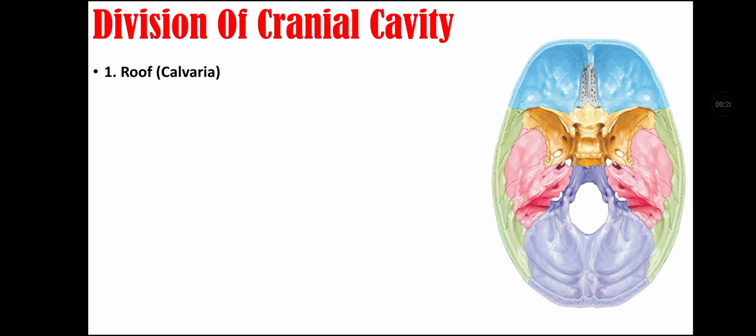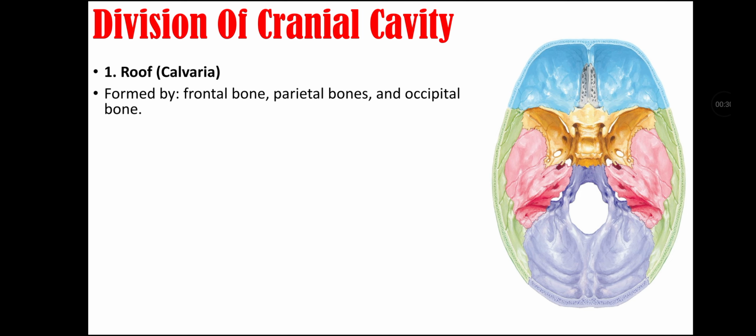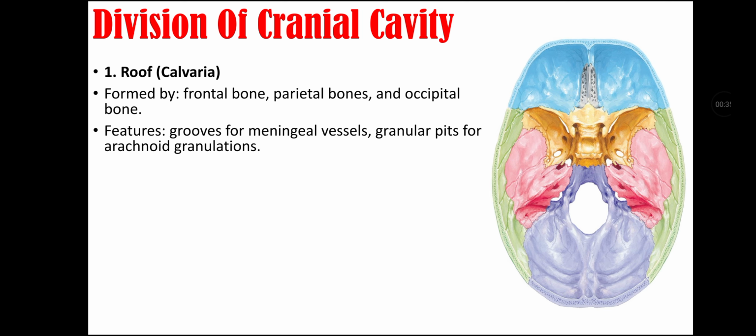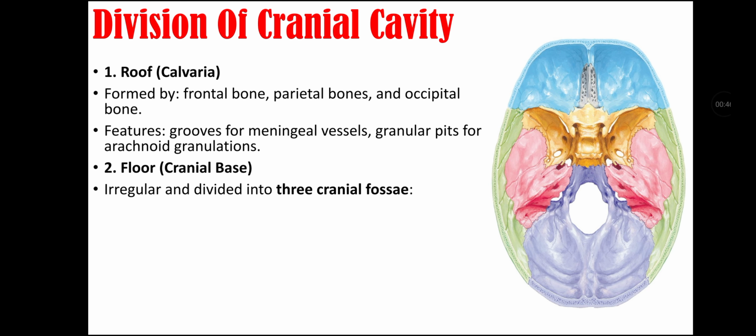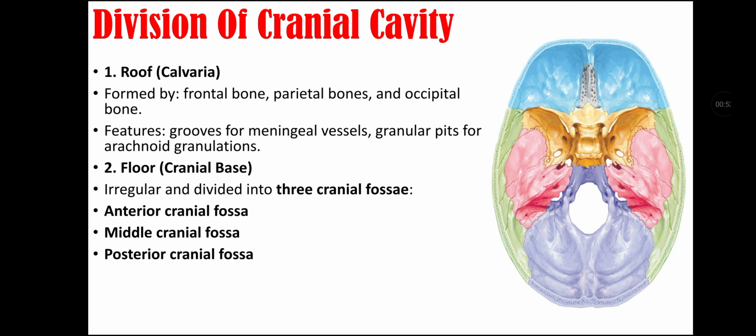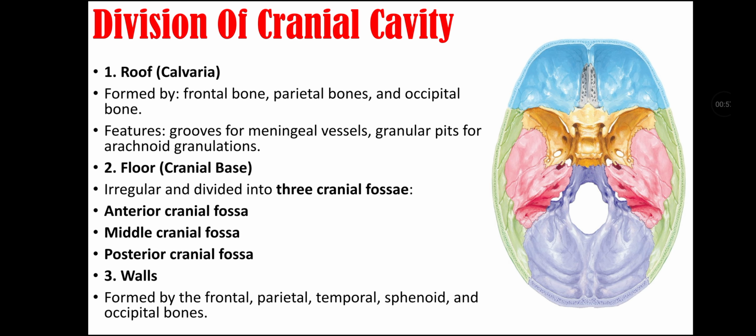It has roof that is called as calvaria that is formed by frontal bone, parietal bone and occipital bone. Features here include grooves for meningeal vessels and granular pits for arachnoid granulations. Then there is a floor of the cranial cavity that is also called as cranial base. It is irregular and divided into three cranial fossas that include anterior cranial fossa, middle cranial fossa and posterior cranial fossa. Then there are walls of cranial cavity that are formed by frontal bone, parietal bone, temporal bone, sphenoid bone